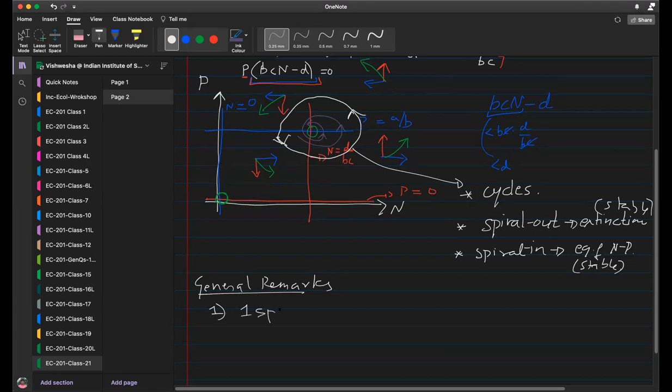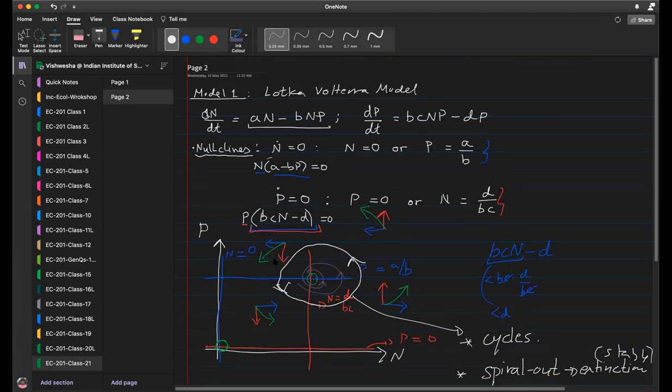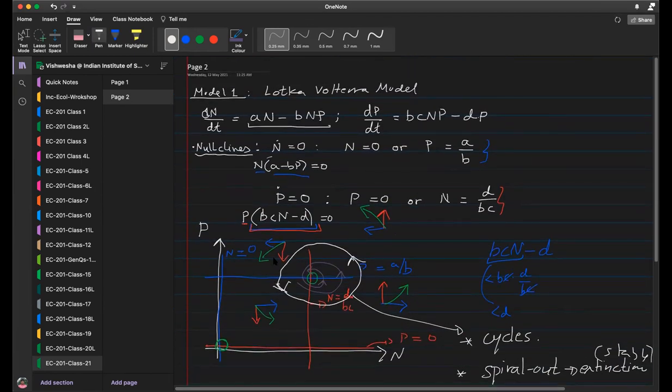Now, one species. I had a question. Generally, it's like one prey is for so many predators or something like that, right? Is that taken care of or not? That's a very good point. So here what we are studying is a specialist predator. This predator depends only on this prey, because if n is 0, what happens to the predator here? N will be 0, meaning this term will be 0. We have only the minus dp term, that means there's only a death term of predators. So therefore, this predator will die.